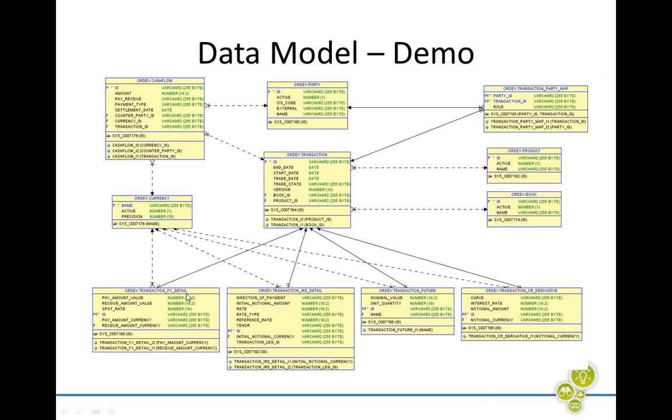At the bottom, we have parent-child relationships to keep information related to the specific product of a transaction. For example, we have FX details, which is mainly for FX kind of transactions. We have interest rate derivative, which is IRD detail. We have futures. We have credit derivatives in the right bottom corner. So basically, this is the data model which kind of simulates your trade warehouse.